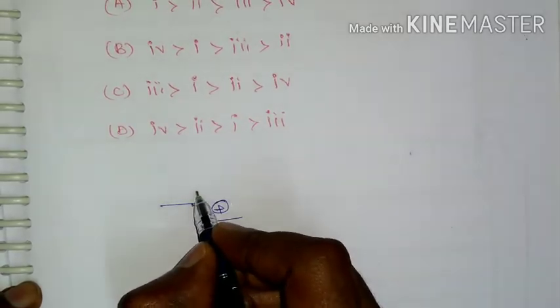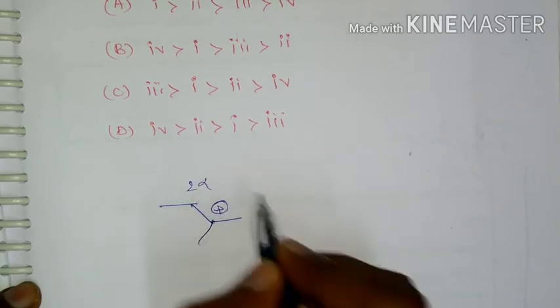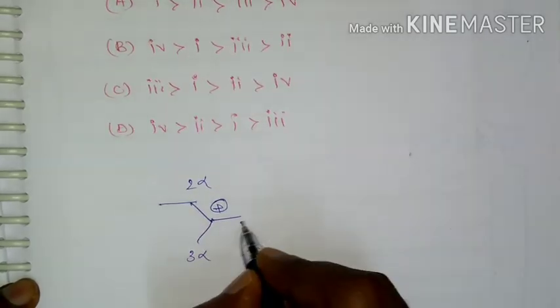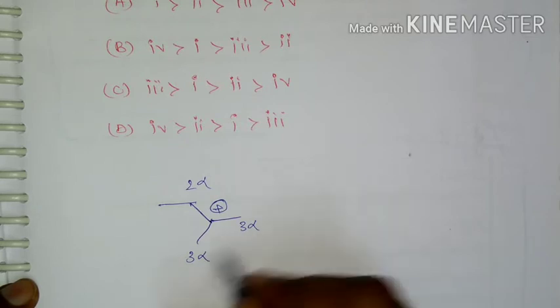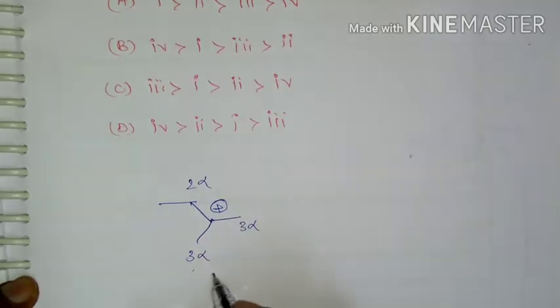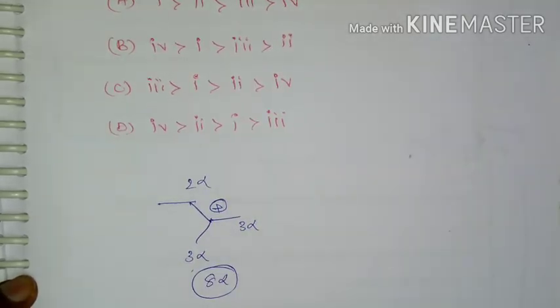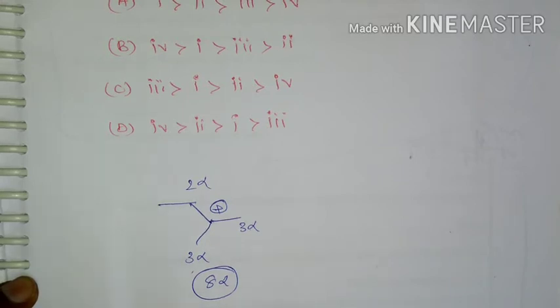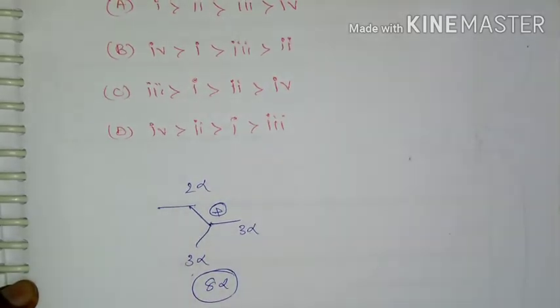If you calculate alpha hydrogens here, it is having 2 alpha hydrogens, here 3 alpha hydrogens, 3 alpha hydrogens. So overall 3 plus 3 is 6 plus 2, 8 alpha hydrogens, so there are 8 hyperconjugating structures possible for this tertiary